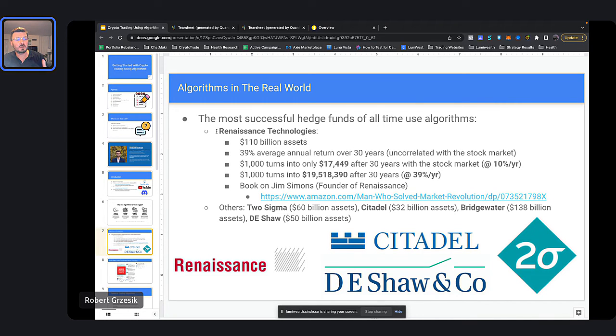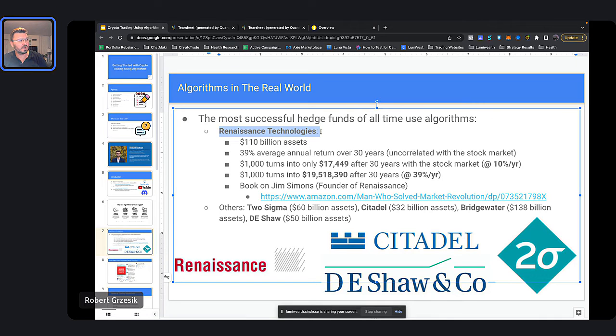The first company I'm going to talk about is Renaissance Technologies. These guys are probably one of the most successful hedge funds ever in all of history, okay? They manage something like $110 billion in assets. Probably a lot more than that now, actually, because I think they tripled their money in the past 2 years. Their average return, and again, this is average, means even in 2008, even in bear markets, even right now when things are falling, they're still making money. 39% on average, their returns are.